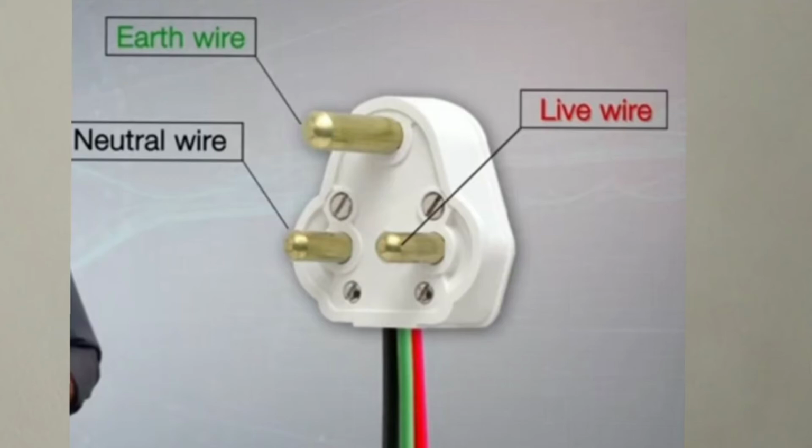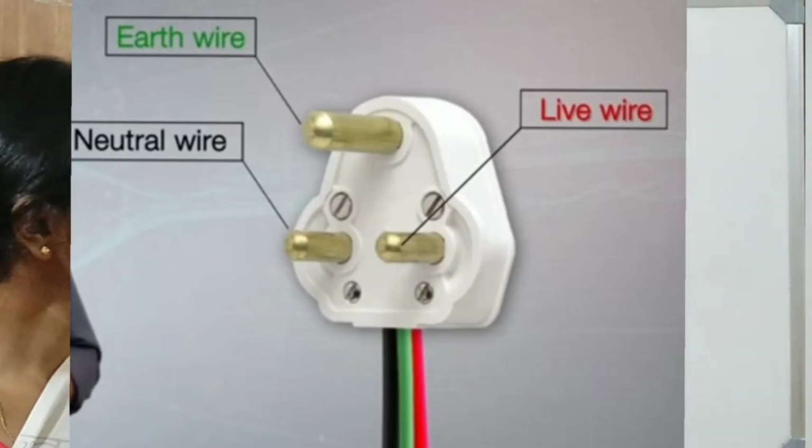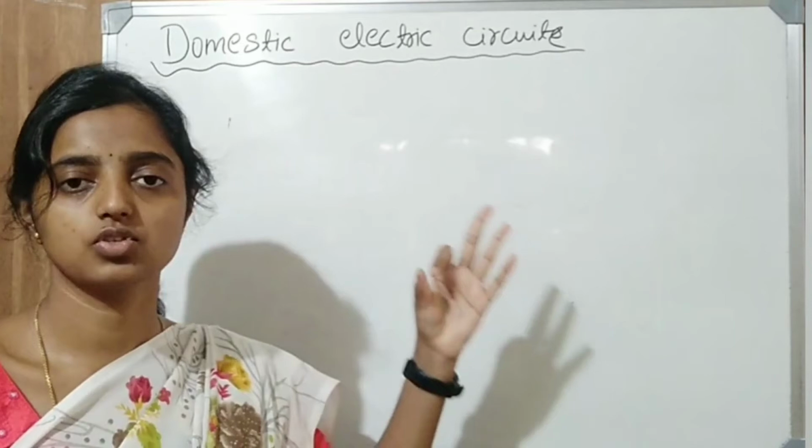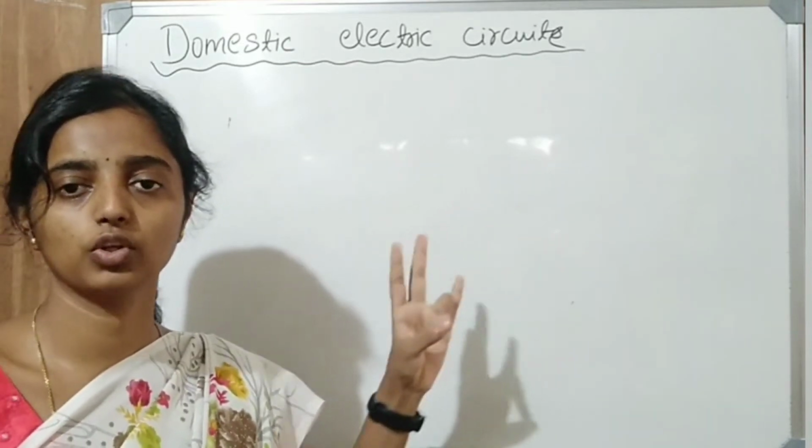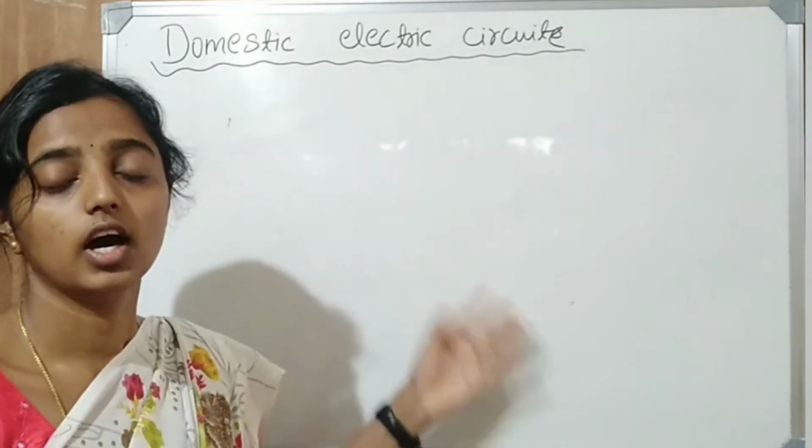So what is the role of this earth pin? The extra charge which was stored on this metallic plate will pass to earth from this pin, so it avoids any leakage of current. And this 3-pin switch is usually used for appliances with higher power, right? And appliances with lower power will usually use only 2 pins. The roles of all the 3, right? What happens to the live wire, what happens to the neutral, and what about the earth wire.